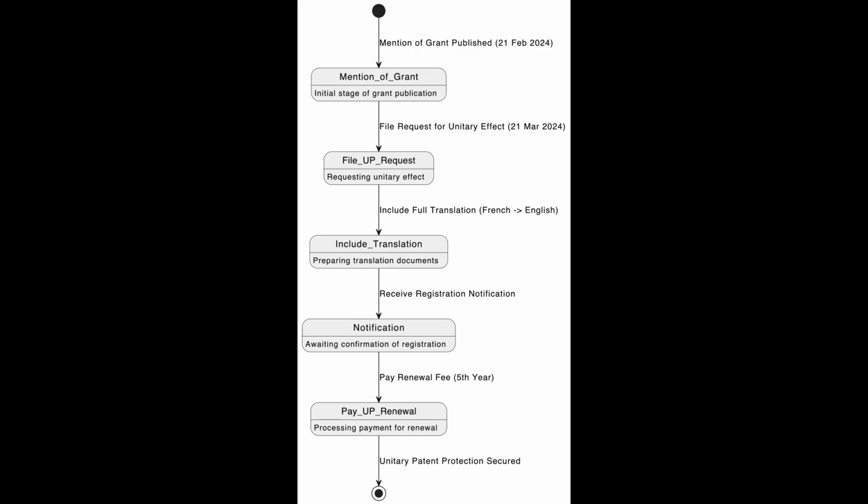Part B. Unitary patent protection. 1. Filing the request for unitary effect. The request for unitary effect must be filed with the EPO in French within 1 month of the mention of the grant. 21st February 2024 plus 1 month equals 21st March 2024, Thursday, under Rule 6(1) UPR. The request should include particulars of the proprietor, applicant H, the European patent number, particulars of a representative since H is a resident of Morocco, a non-EEA state, a full translation of the specification into English as required by Rule 6,